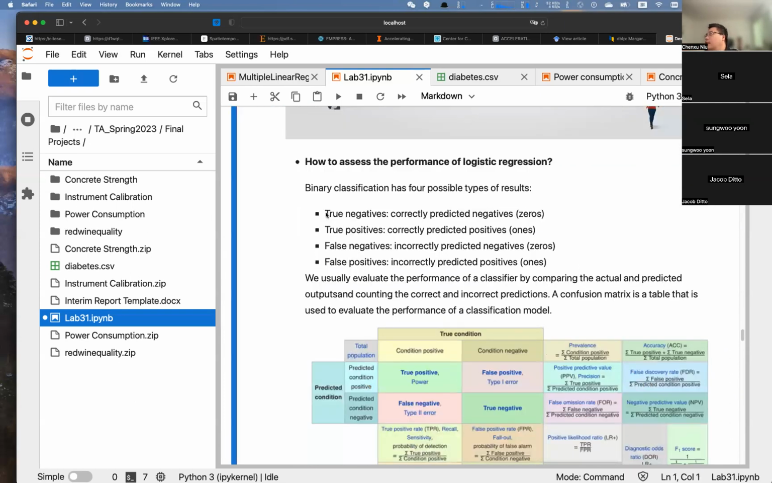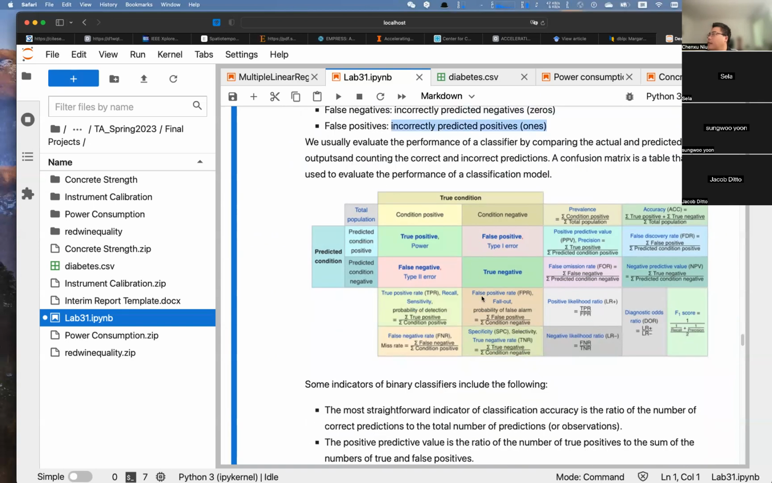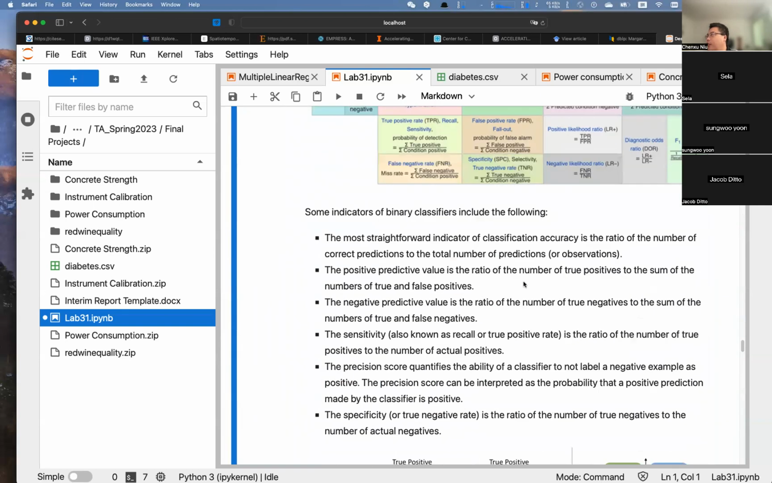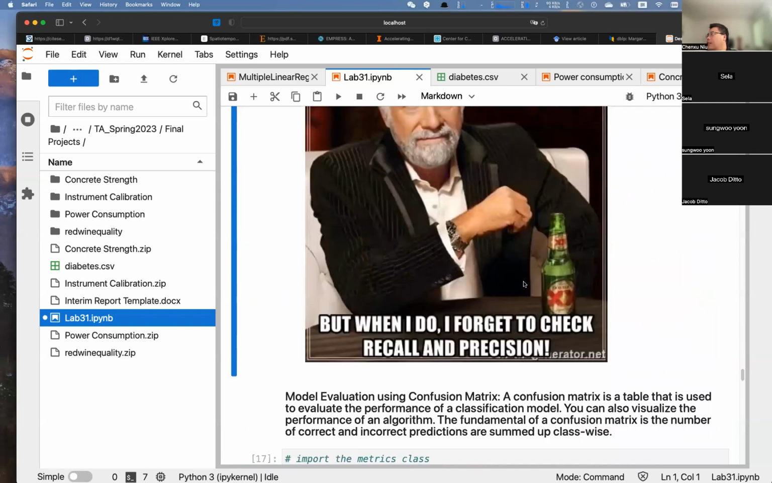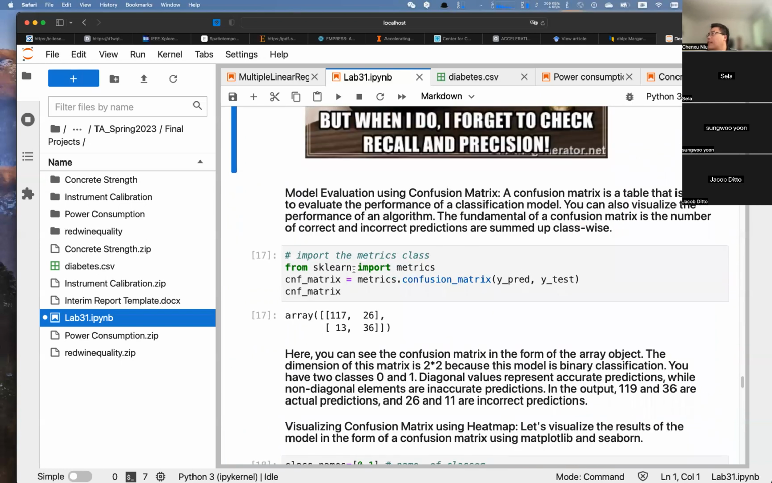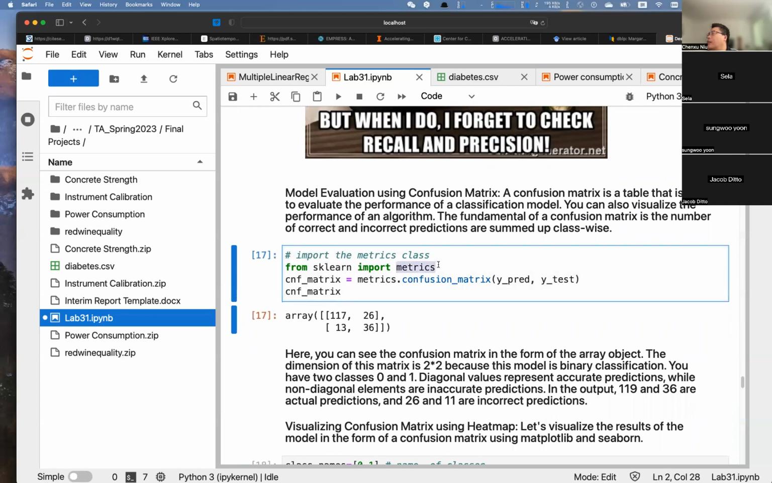So for this one here, we have 4 different kinds of results: true negatives, true positives, false negatives, and false positives. So they're different, right? And actually, you don't need to write them together. You don't need to write your own functions. You can just call some functions from sklearn, right? From sklearn here, you can also import a matrix and use a confusion matrix to show that